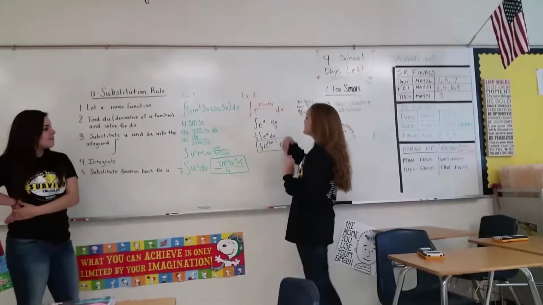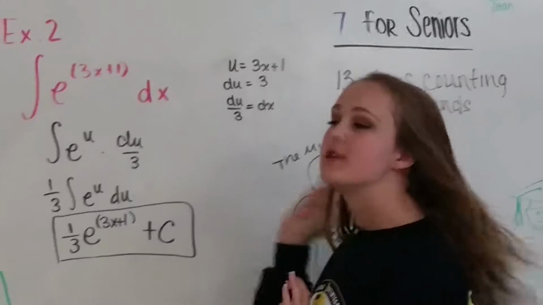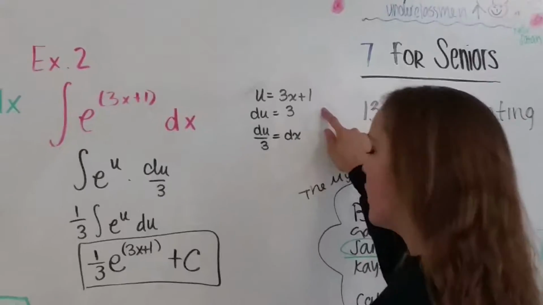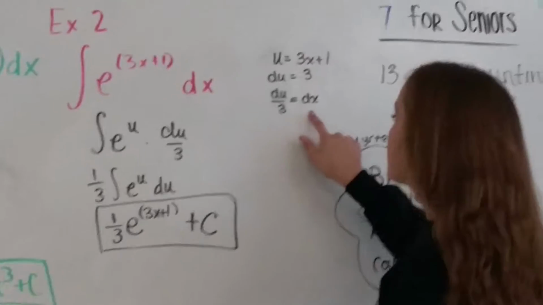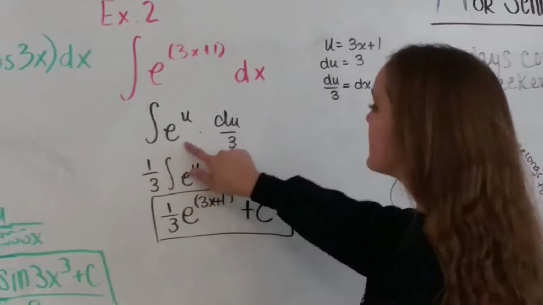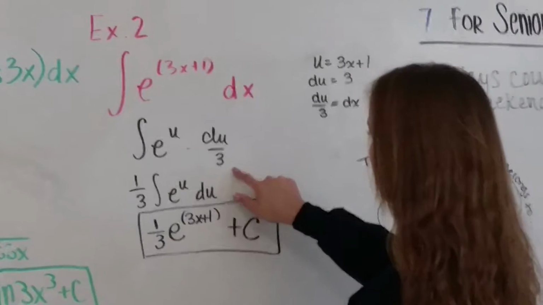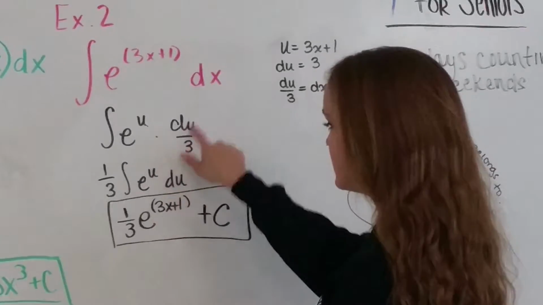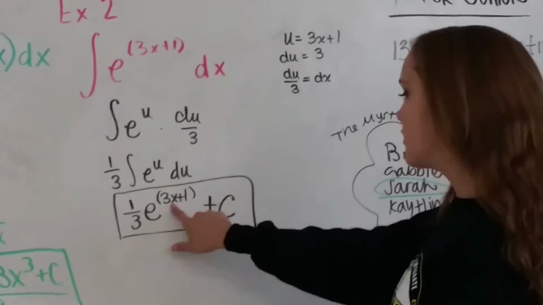Alright, so I have the integral of e to the 3x plus 1 dx. The u of the function is the power itself, 3x plus 1. Then the derivative of 3x plus 1 is 3, and du over 3 is the dx. So you put the e and you put the u in place of the power, times du over 3. The 3 comes out in front to make the 1/3, and then you have the du left, and you just plug it in. So you have 1/3 e to the 3x plus 1